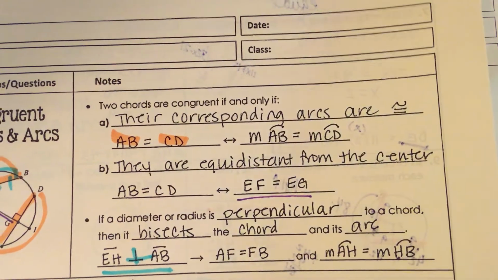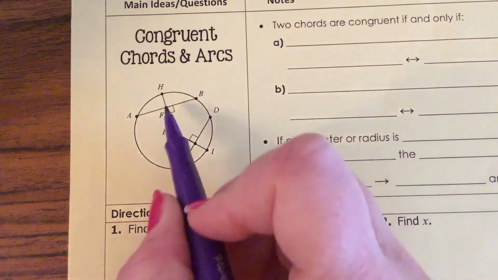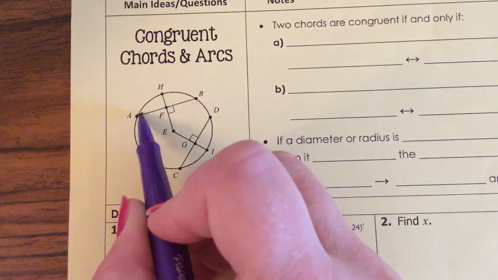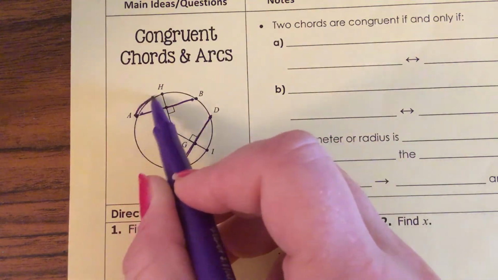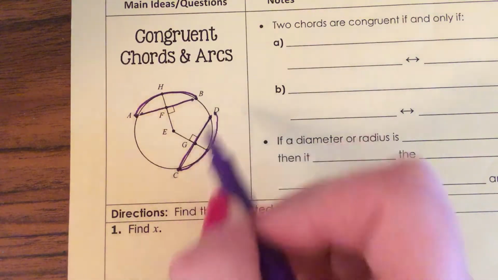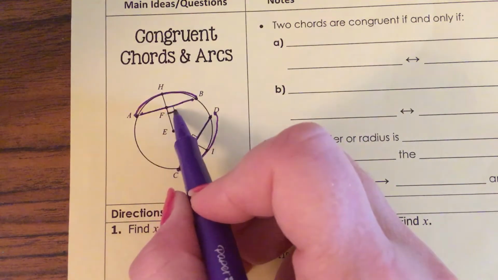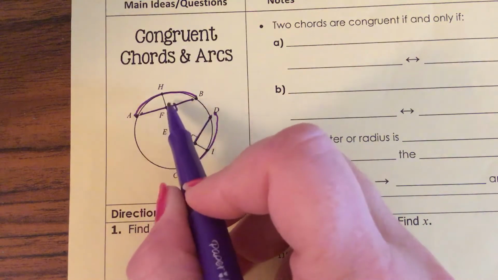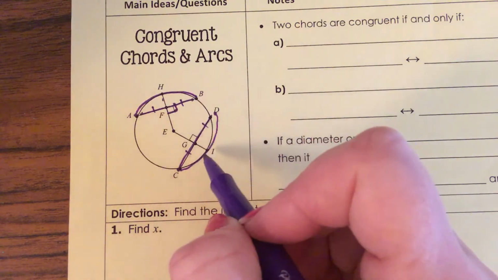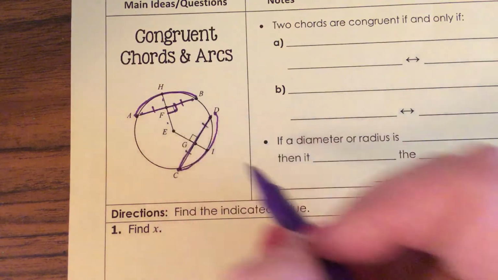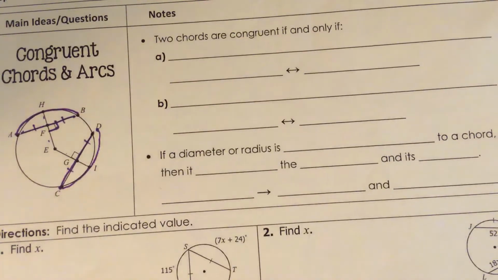So basically what it's simply saying is that if this measurement here is the same as this measurement here, this arc is the same as this arc. So that way we can use that as an equal. Also, if this is perpendicular, then it splits these two, which are the same, meaning these are the same, and this is the same distance from the center of the circle. So you can go back and look at all of the writing